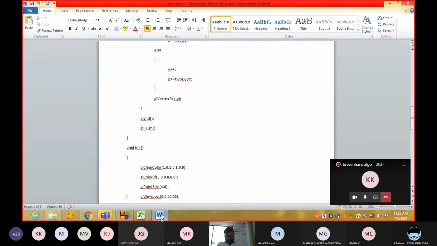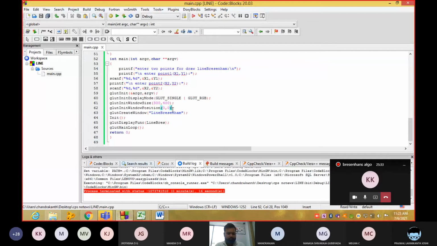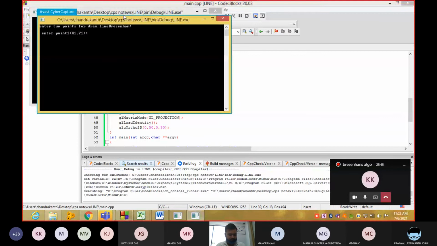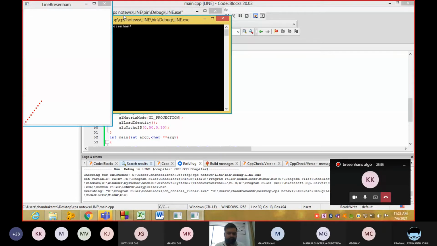So you can give RGB or any color, guys. The simple changes what I have told you people. So in the code only I'm going to change the things. Now the line will be in red color. Here the line is in red color.